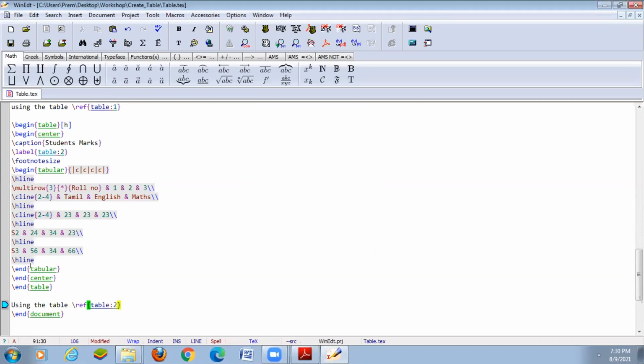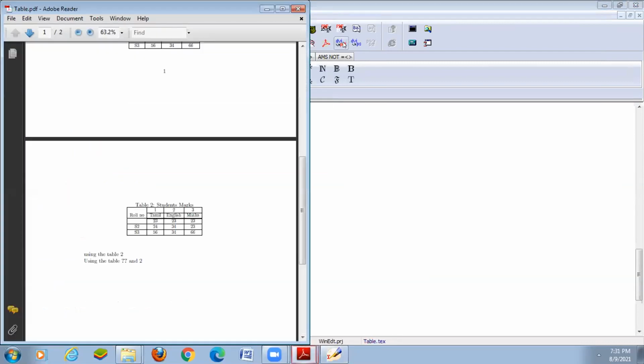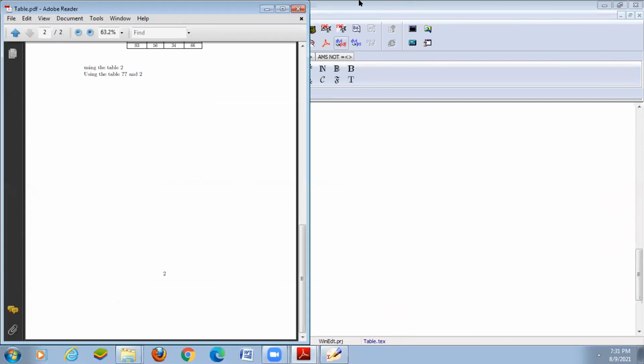So automatically it refers to table number 1 also. Okay. So table number 1 and 2 are automatically displayed. It's not displayed.